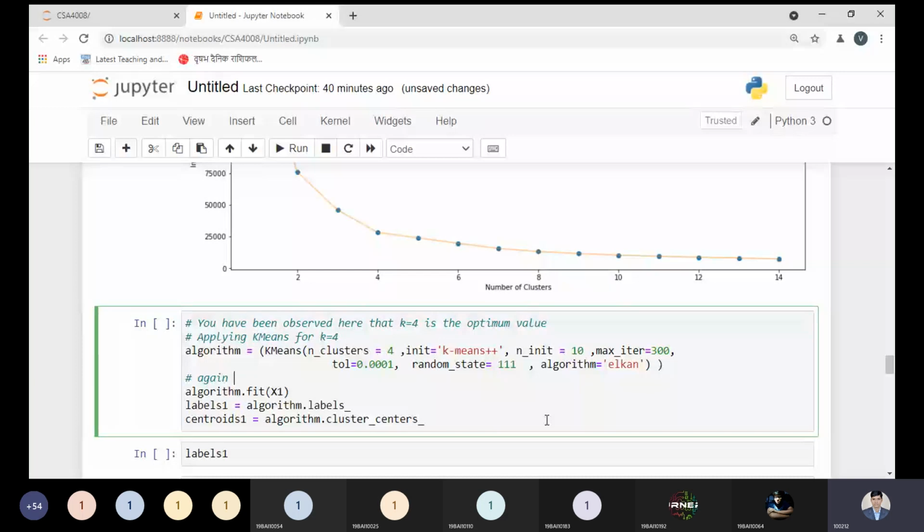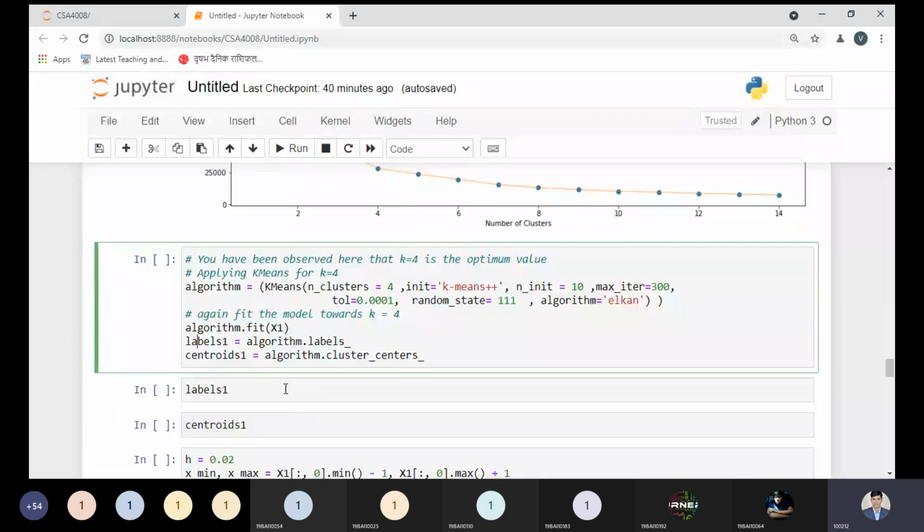Again, fit the model for k equal to 4, and here we have some information held by the labels. Labels determine some information; this information shows the total number of data points we have, represented by the 200. In this portion we need to keep in mind each piece of information following the above part. If you want to print the labels, you can do so and understand. From this point we need to decide the centroid. The label is an optional parameter; if you want to use it, okay, or you can remove it.